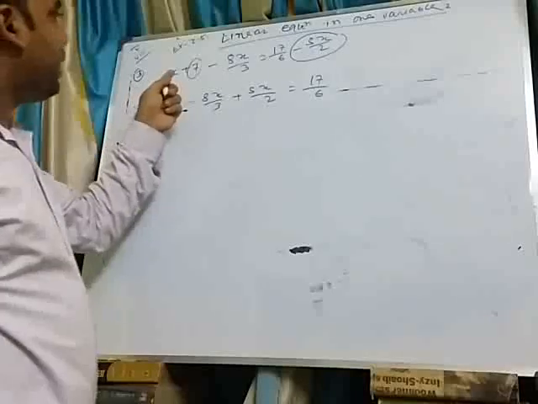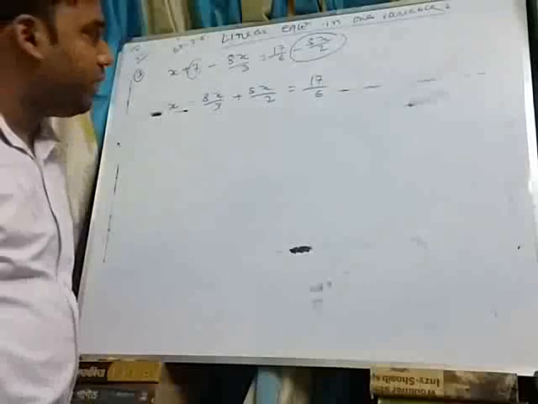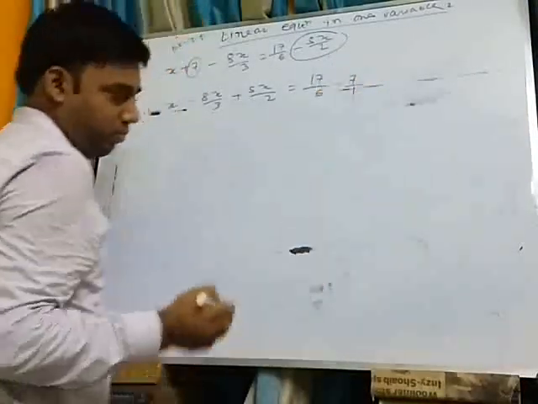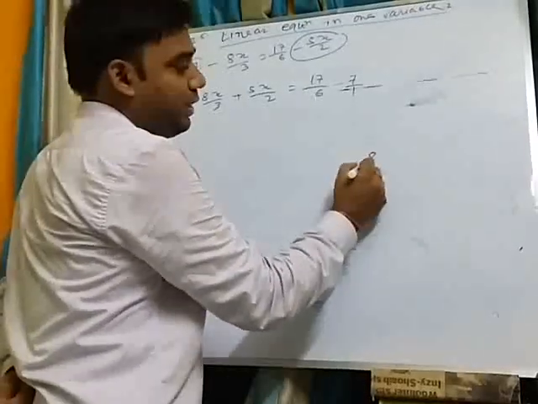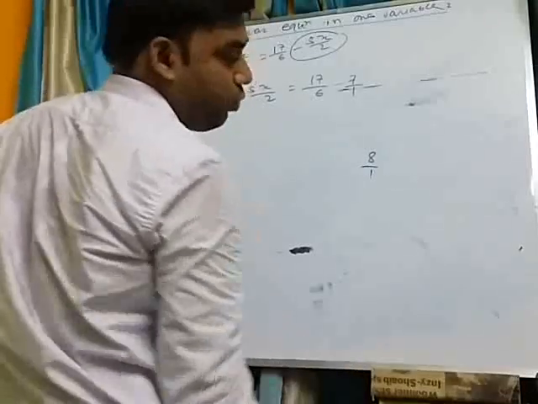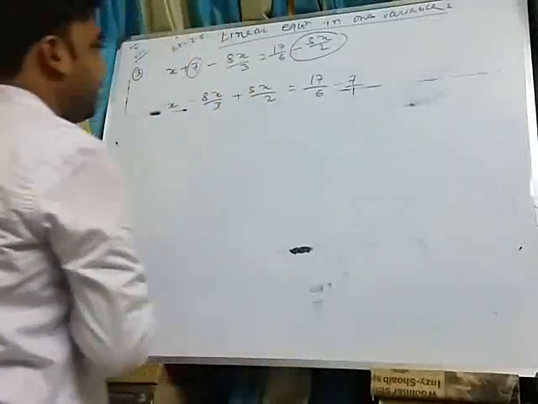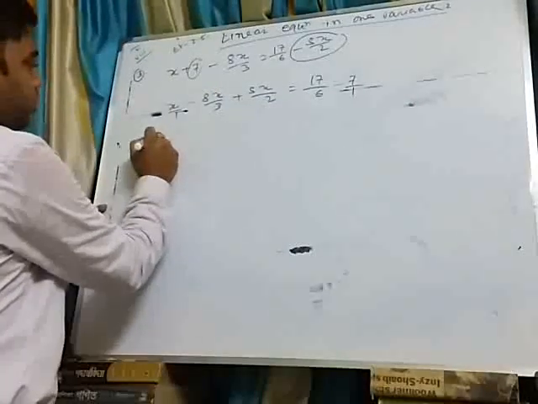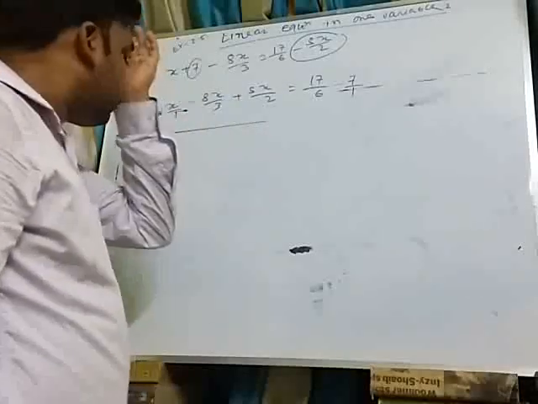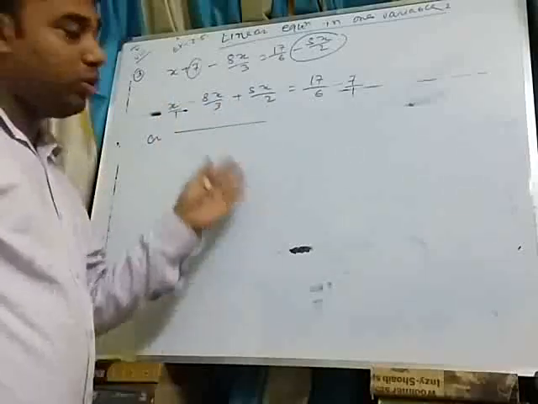If I change the side of the plus 7, then on the right hand side it will be minus, that is minus 7. Okay, 7 means 7 by 1. Any number, like 8, means 8 by 1. You know the rational number p by q form. 8 is a rational number, that's why we can write 8 equal to 8 by 1. Now, what is the LCM of 1, 3 and 2? 3 and 2 are co-prime numbers, so the LCM is the product of these two numbers.